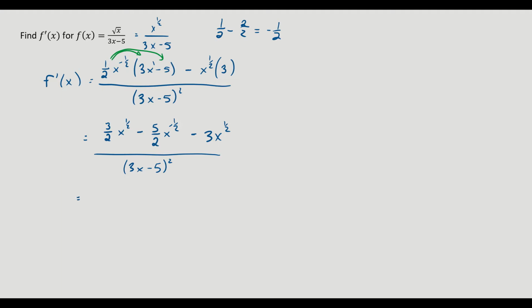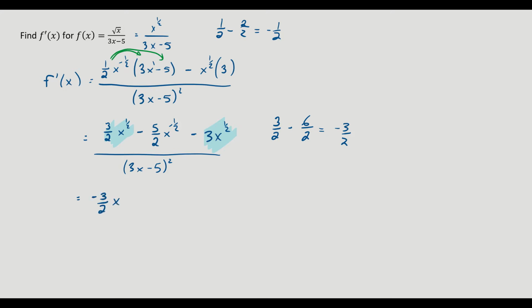I have x to the 1/2 here, x to the 1/2 here. Those are like terms, so we can subtract them. And I have 3 halves minus 3, which we need common denominators, so I write that as 6 over 2, giving me negative 3 halves. So when I combine those two highlighted like terms, I have